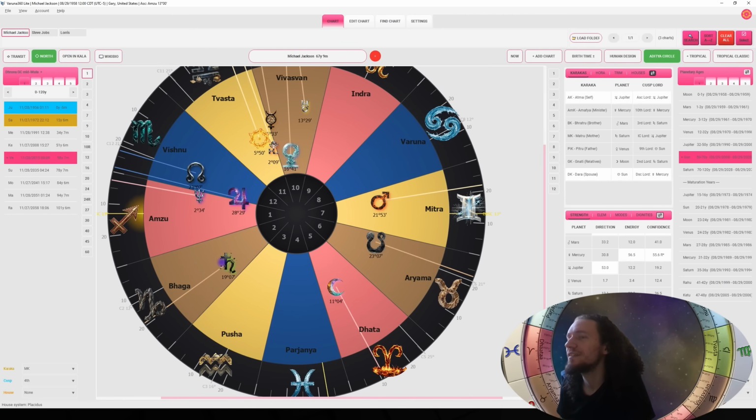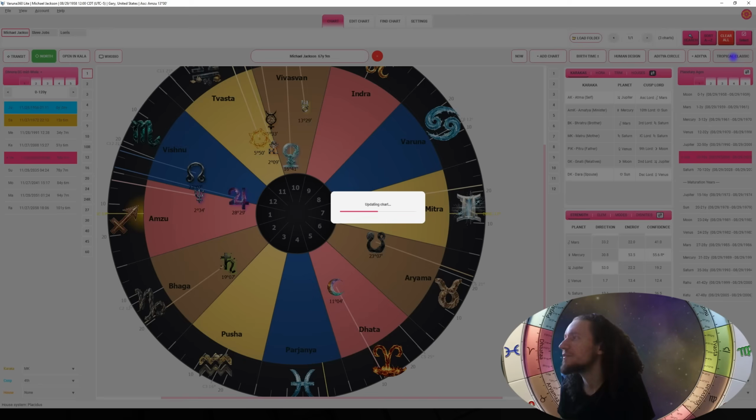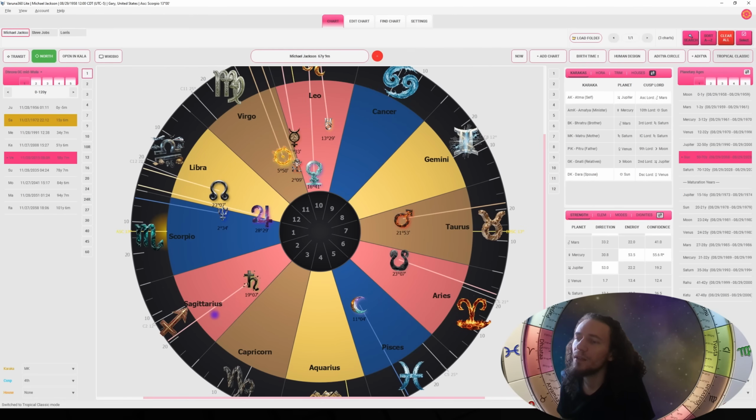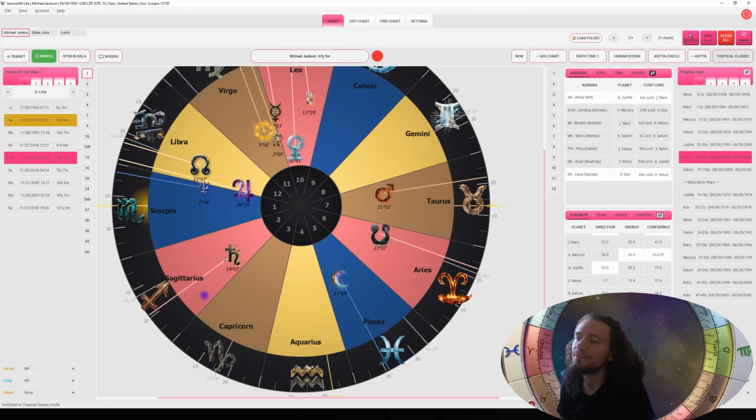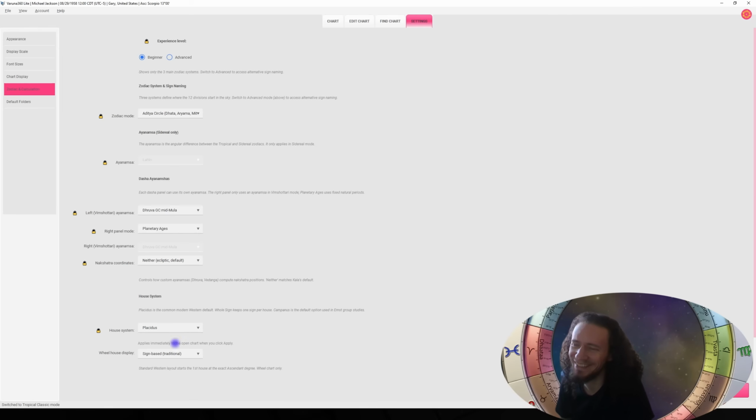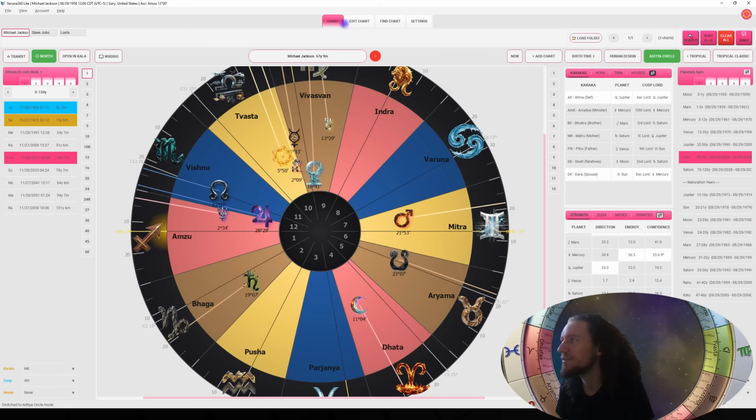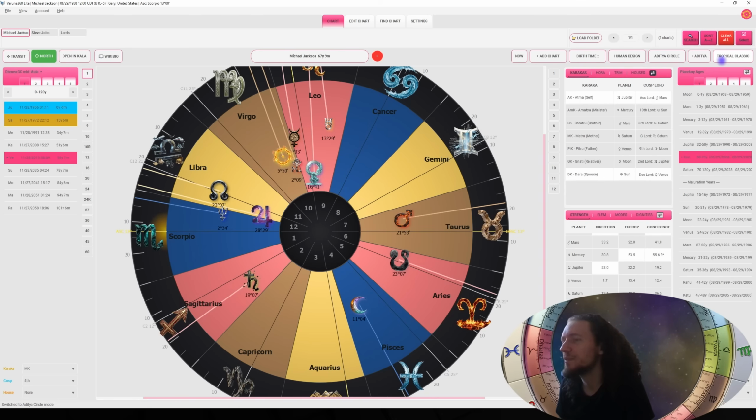So here you can see, sorry, let's stick to tropical astrology here. You can see that Saturn is in the second house, and it wasn't, right? Let's confirm that it was in the third, or why is it coming back to, it was in the second house too, but for, yeah, it's